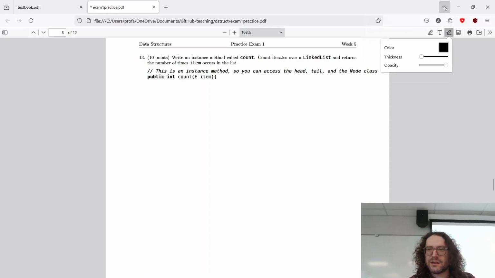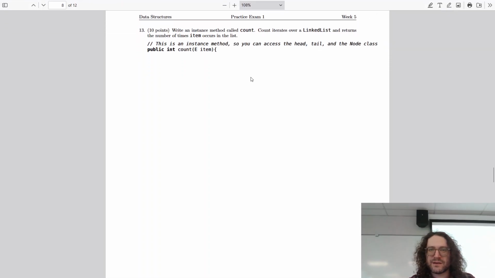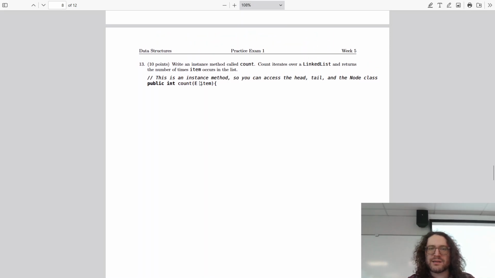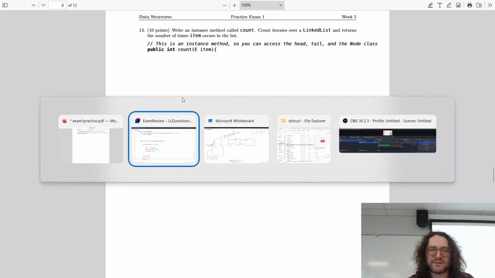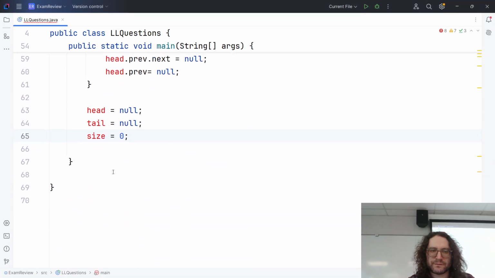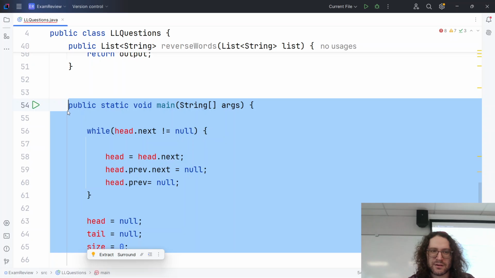Okay. This one is much more interesting. So, by an instance method called count, count iterates over a linked list and returns the number of times the item occurs. Okay. Right? So,